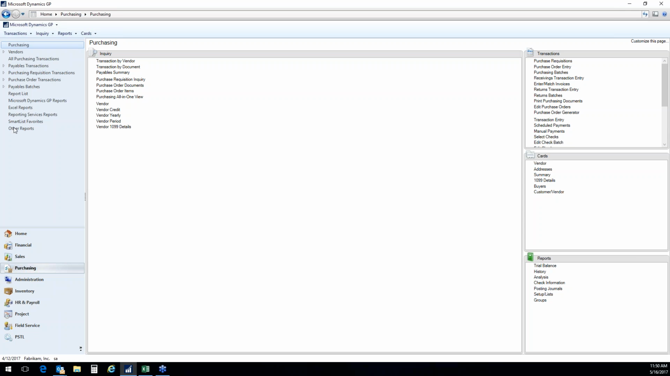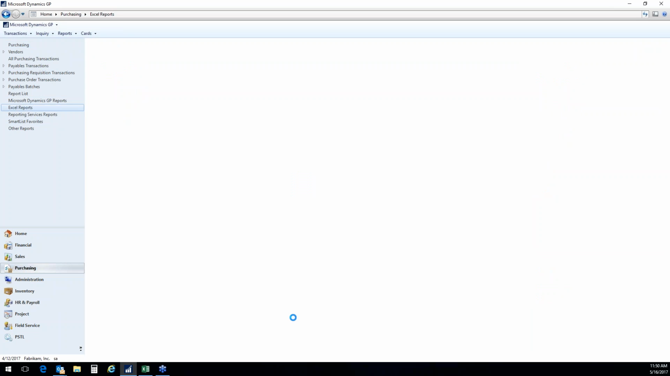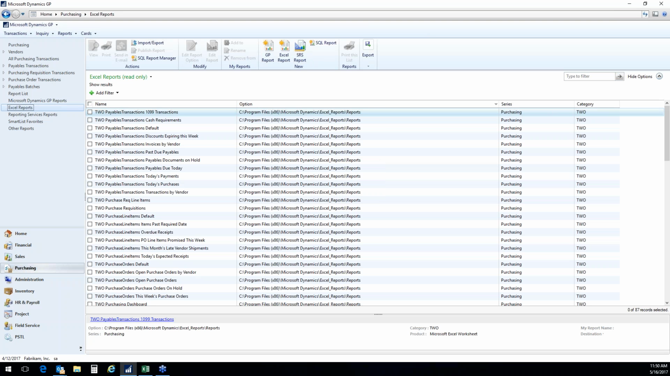So one of the last things is, since we're in purchasing, I'll use the Excel reports option here, and Microsoft sends a couple hundred Excel reports with the software, and this is yet a different reporting system. And so we have SmartList, we have the traditional off the menu reports, we have Excel reports, we have the charts and graphs and KPIs that we saw on my home page and also in my browser,